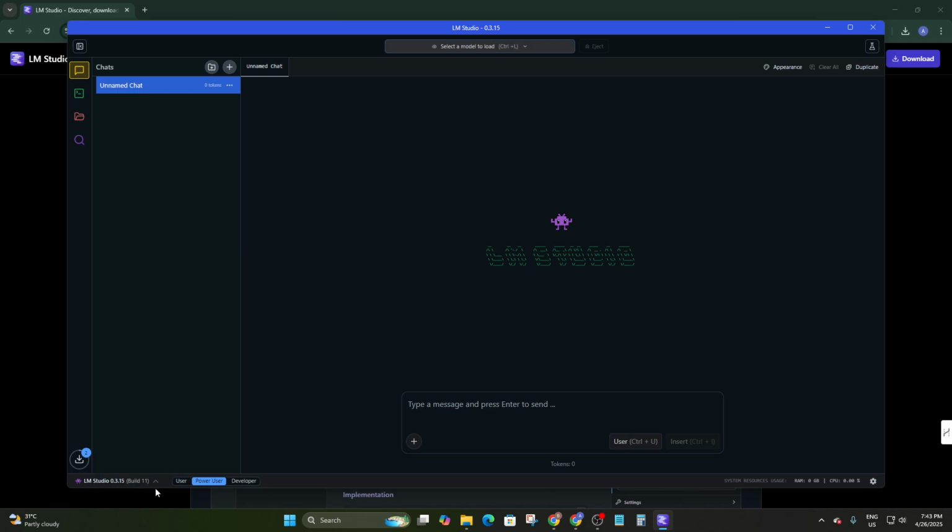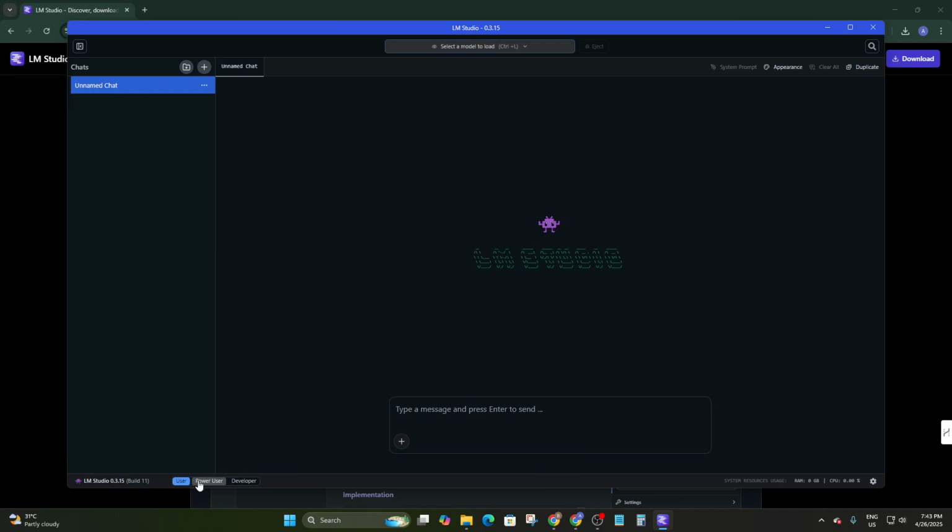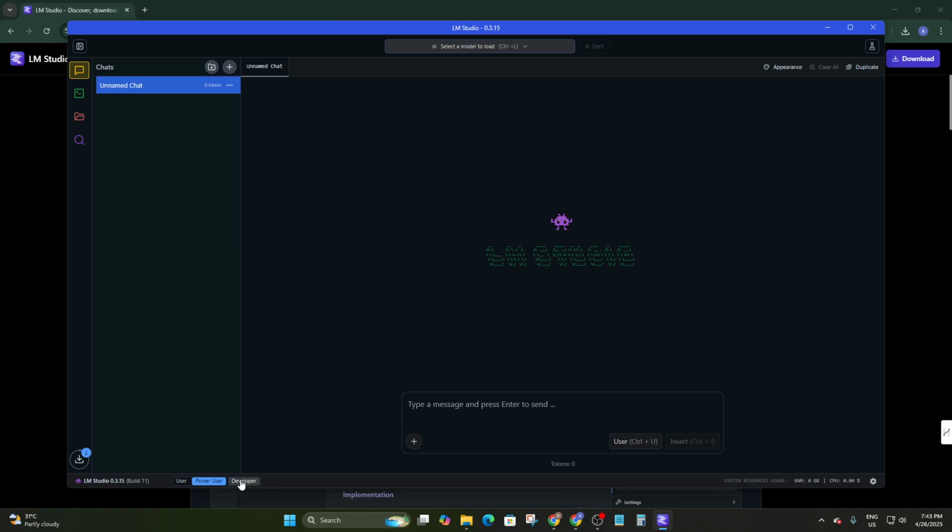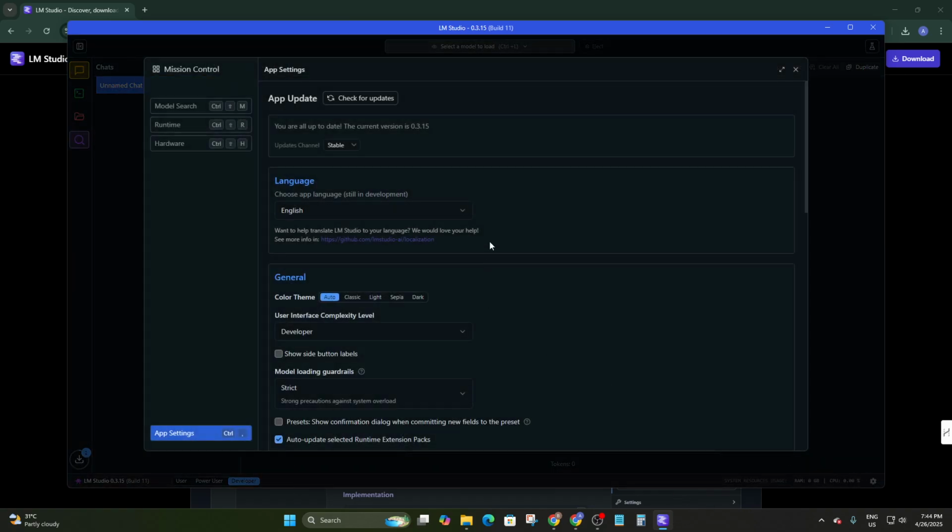Then you can find the version of LM Studio that you are currently using. Then here is the user section, the power user section, and the developer section. So there are three types of sections that you can access. Now from here, system resource usage. Here you can find the resource usage, how much RAM and CPU is currently being used by these AI models. Then you can simply click on this gear icon to get to the app settings,